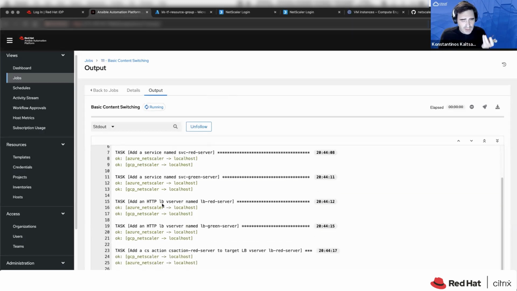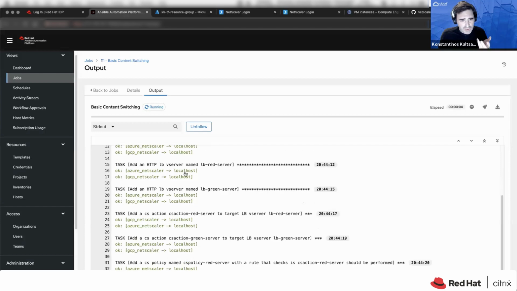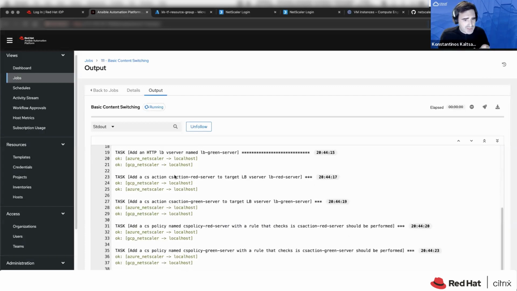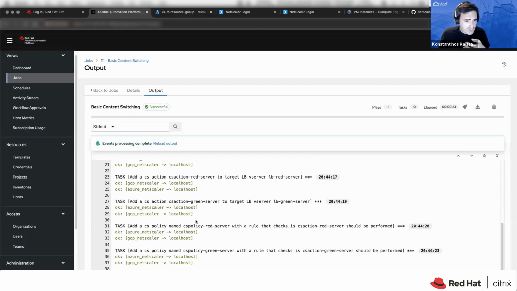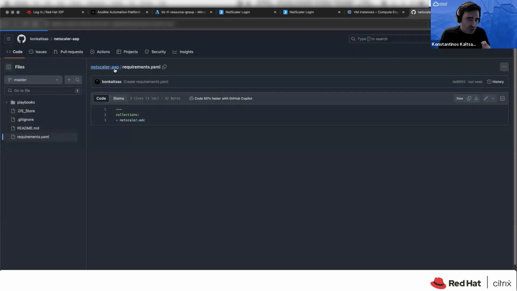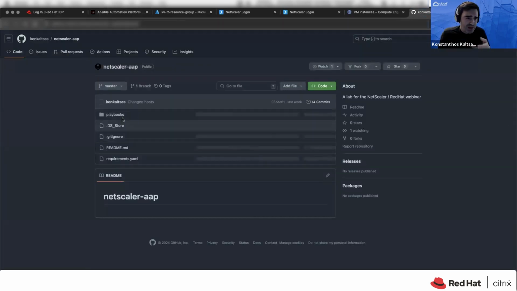I'm adding a new load balancing virtual server, another load balancing virtual server. I'm adding a number of content switching actions, policies, and I'm creating finally the content switching virtual server. And with that, the playbook execution has happened as expected. So let me show you what it really did.